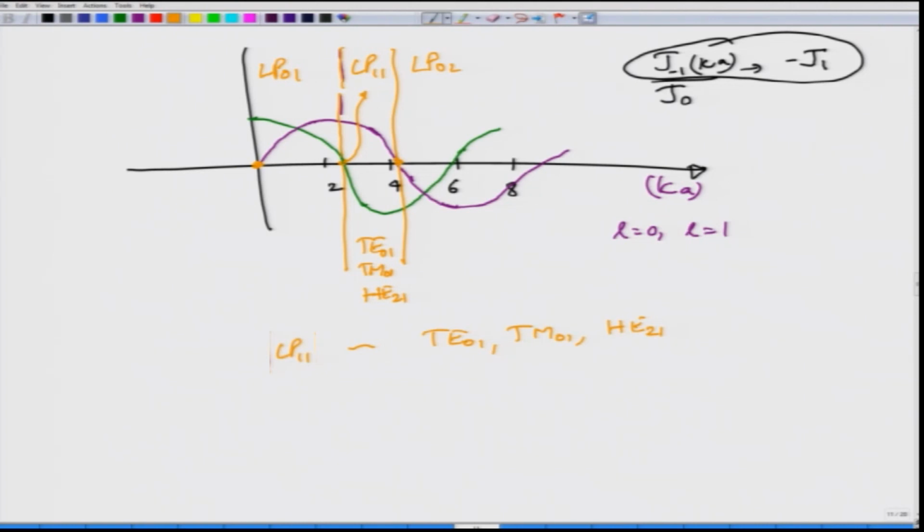So, this is J0, right, and this is J1, and this should be 1 less than that. So, the LP11 mode is the one which is a combination of TE01, TM01 and HE21, and if you look at how this would look, it would look something like this. There are 4 possible solutions. One indicates that you have 2 half circles; it is always double the number of half circles, and the other index indicates the ring structure, or the number of rings that you have.